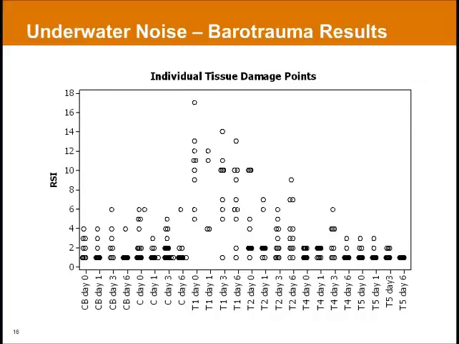The group on the left that have the C's, those are controls. The first 4 are control baseline, which means they came out of a tank, they weren't handled, and then they were just necropsied and investigated for barotrauma. The control group was actually placed into the noise exposure tank, except not exposed to any noise, to see if there was a handling effect. There was no statistical difference between control baseline and control.